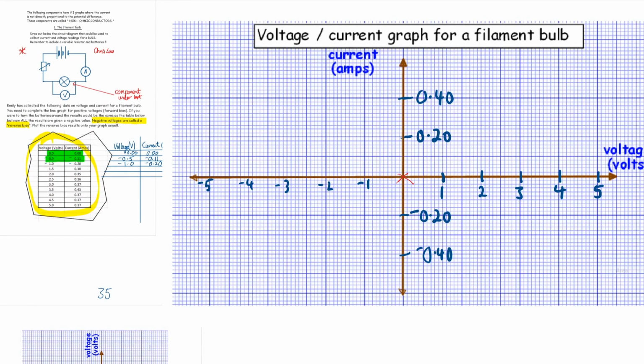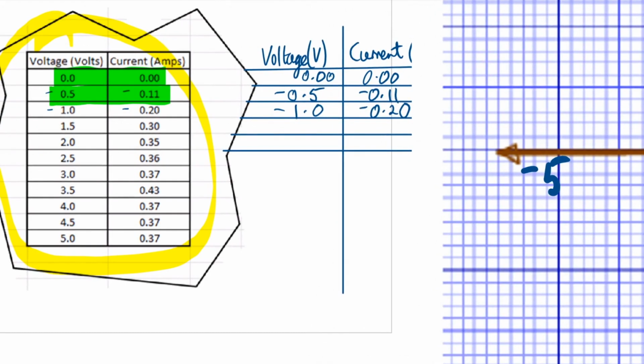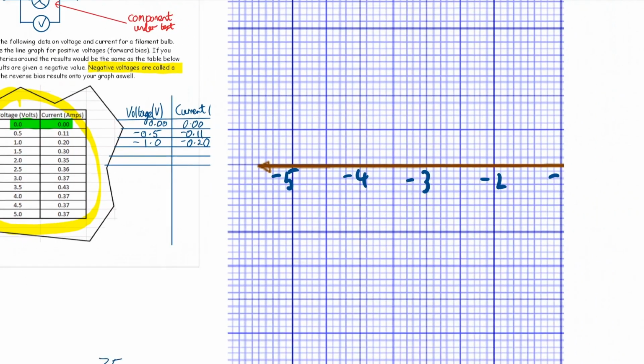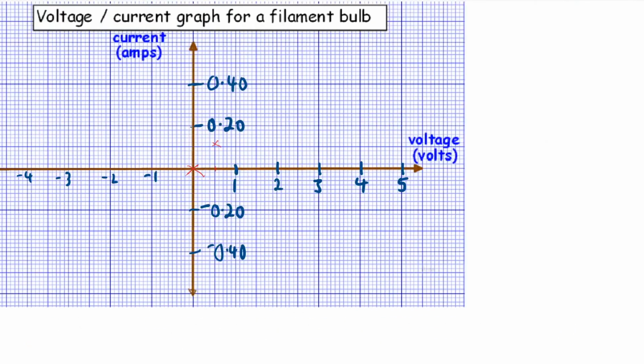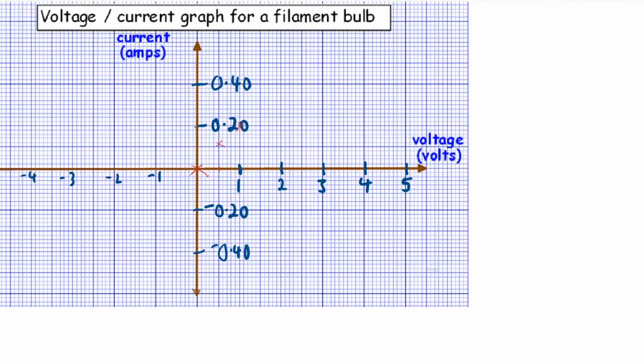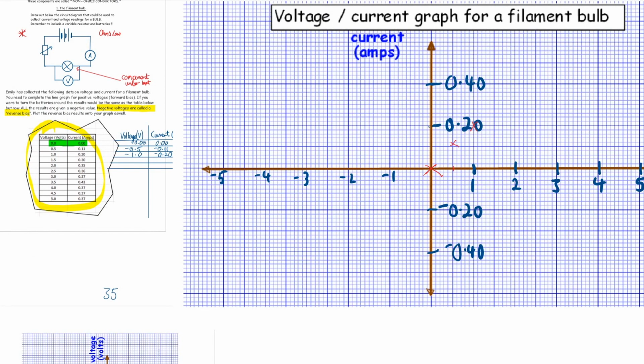So I've got 0.5, which is here, and 0.11, which is there. Next one, let's get rid of these two negative signs there, we don't need those. 1 and 0.2 goes there. I'd like you now then to continue to plot those points, and when you've plotted the points, play the video